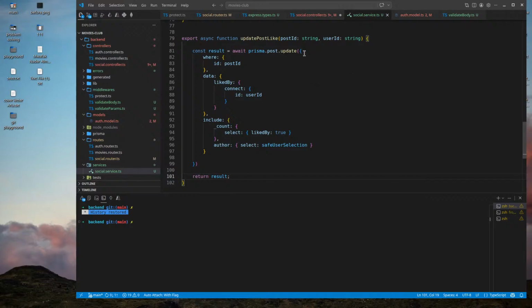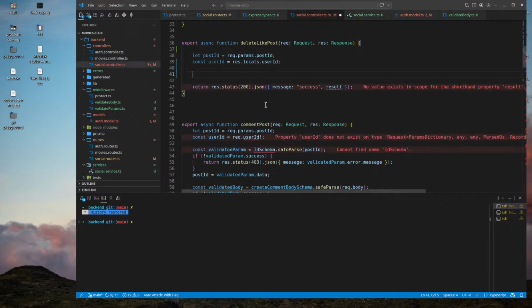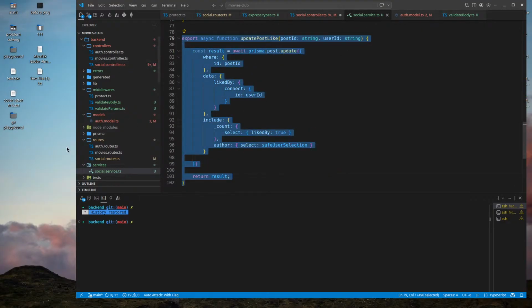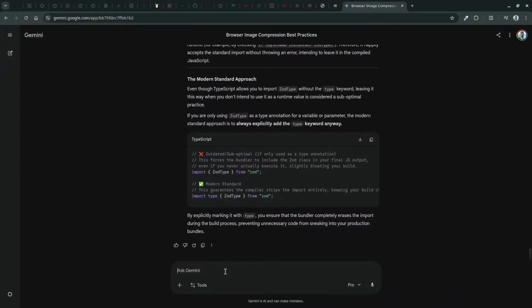Should I use the same service, or should I have two different services? I mean, I can disconnect. Okay, I can disconnect. So should I use the same service or another service? Hey, that's a good question. We might have to ask Gemini about this. I think he's going to tell me that I should use another function. It's going to be exactly the same code, just disconnect instead of connect.